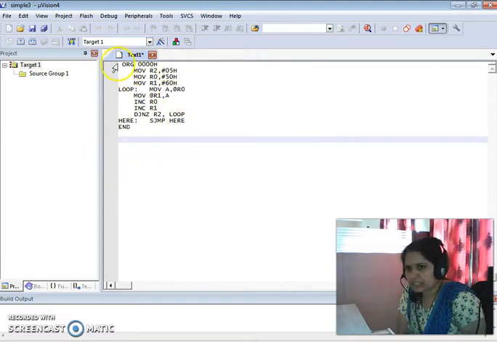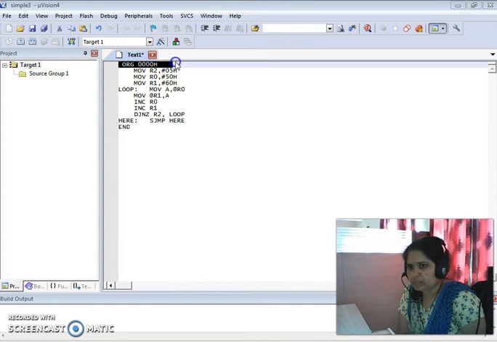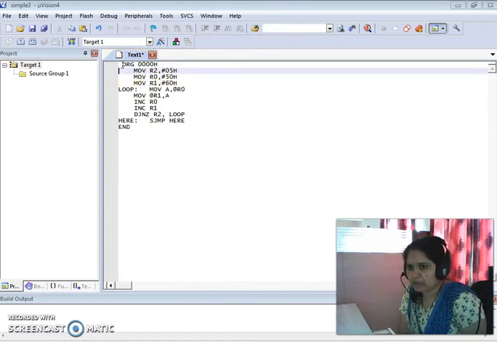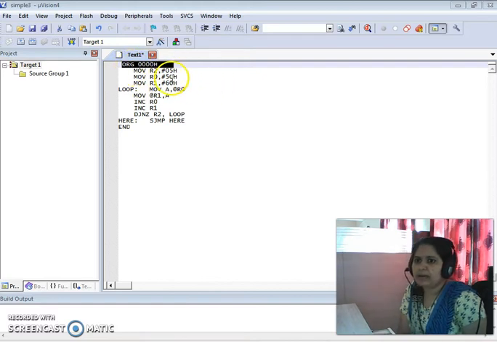Now see, what is this instruction? ORG 000H. ORG is basically not an instruction. It is just an assembler directive which gives direction to the assembler: just start your code, originate your program from this location. So this is the meaning of ORG 000H.